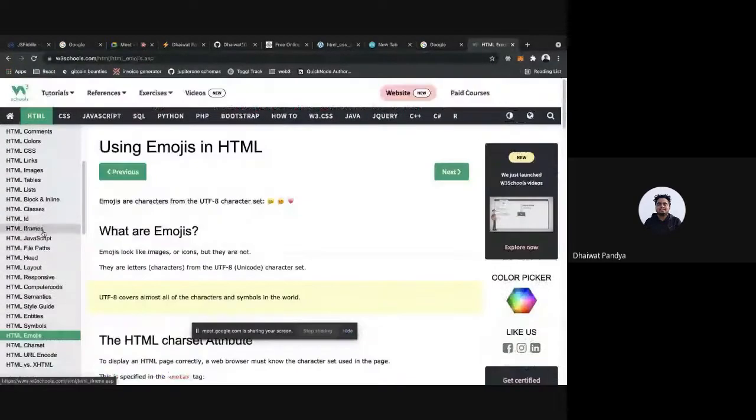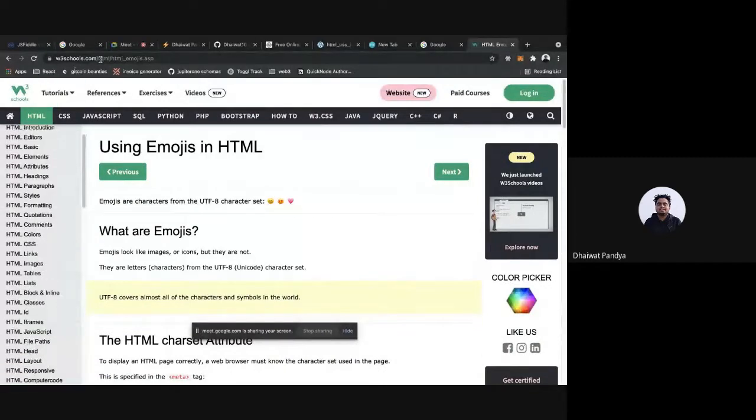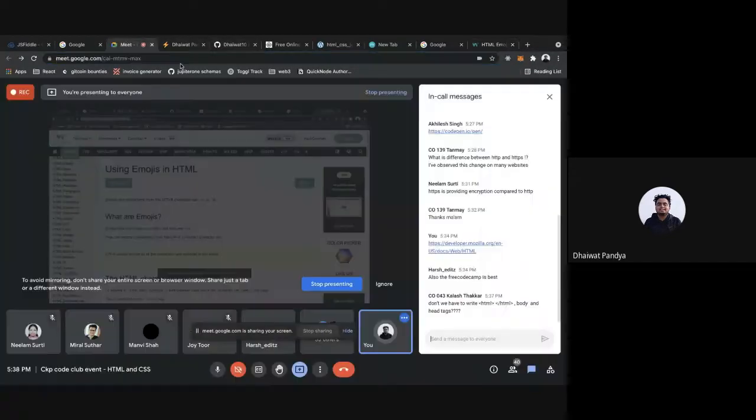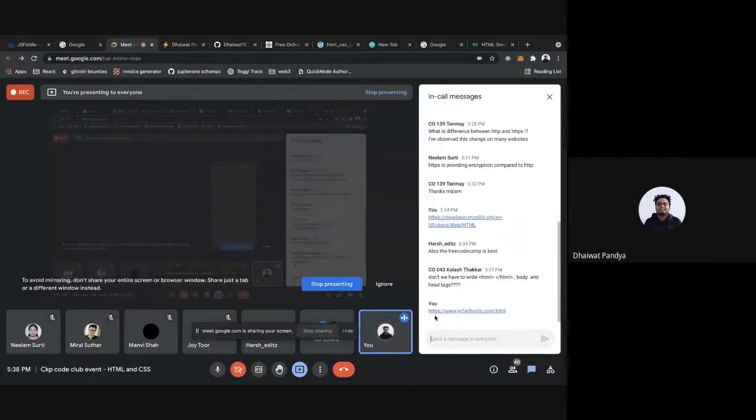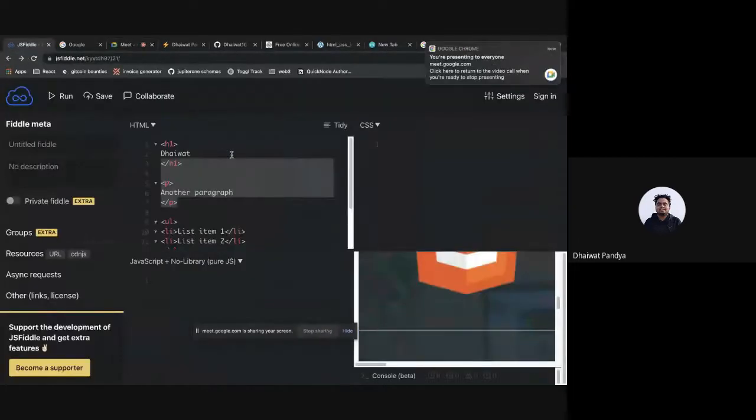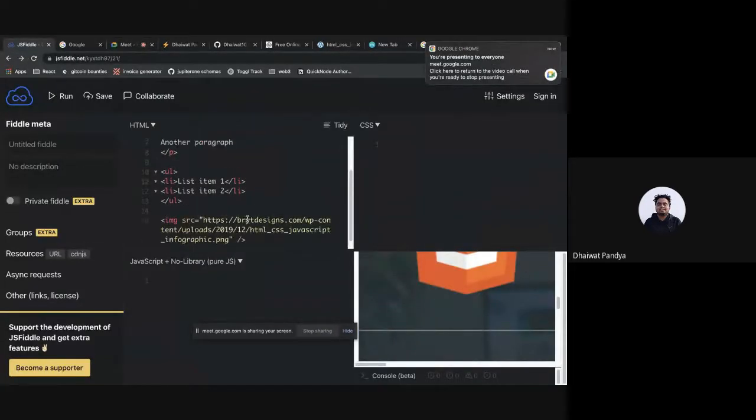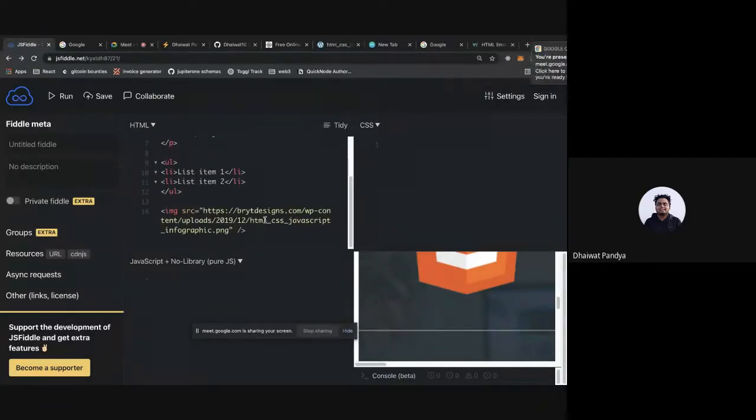You can use emojis. All of these. So I'll also drop the link for this. You should definitely give this a go. Try running your code, see if you like it.